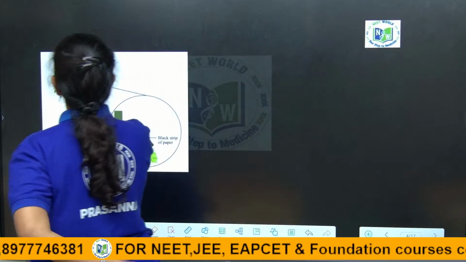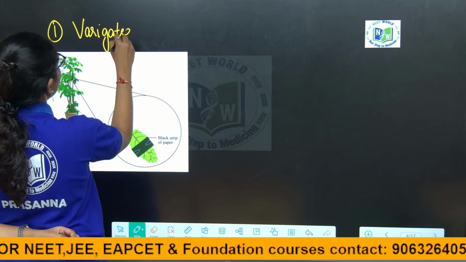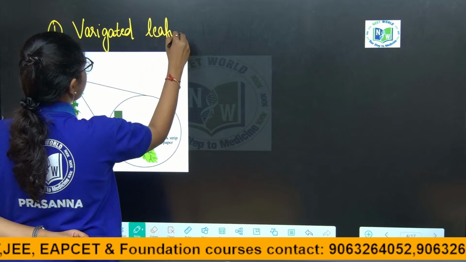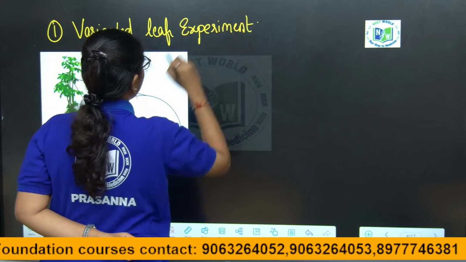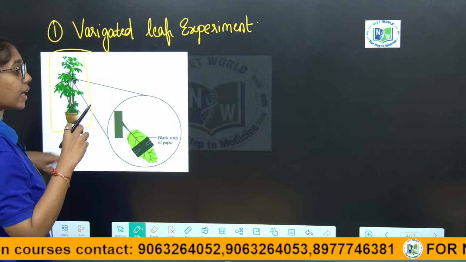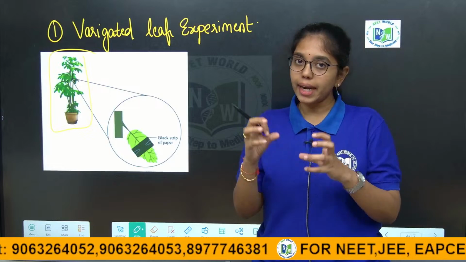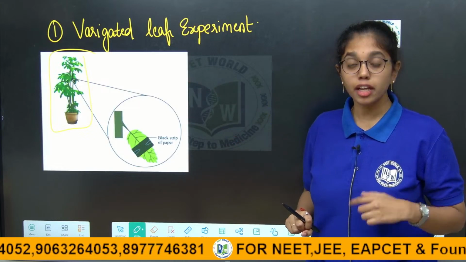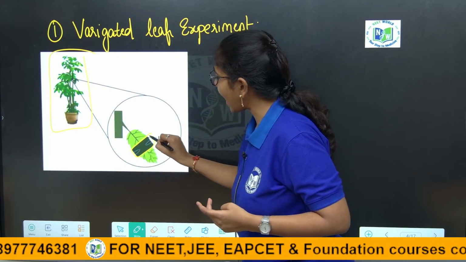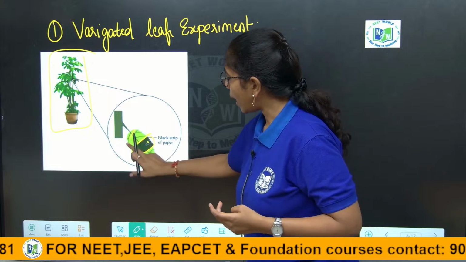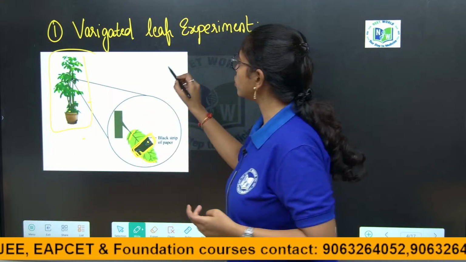The very first experiment that we have to look into is the variegated leaf experiment, wherein a plant whose leaves have many pigments, many colors, like pale yellow, pale green and dark green, is taken, or one more plant which is totally green, where a part of the leaf is covered by a black stripe or paper. This plant is exposed to sunlight